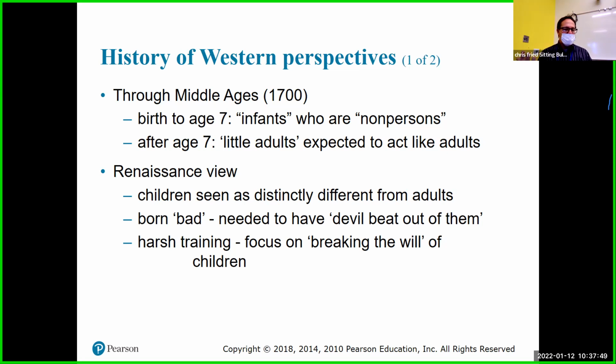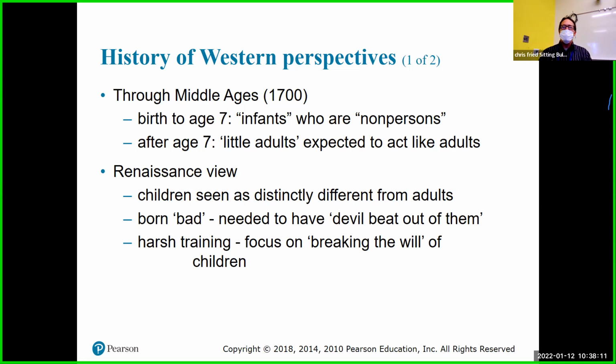So in the Renaissance period, though, children are seen very differently from adults, okay, which is good. They also thought that when babies were born, they were bad, and they needed to have the devil beat out of them. So different things like spankings, or not necessarily torture, but just some of those different components.